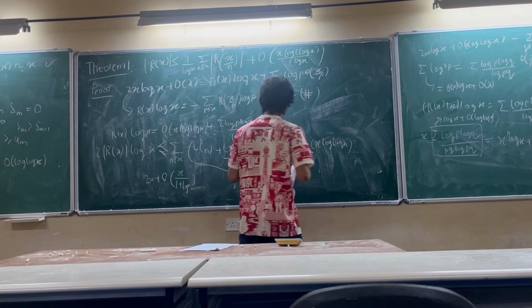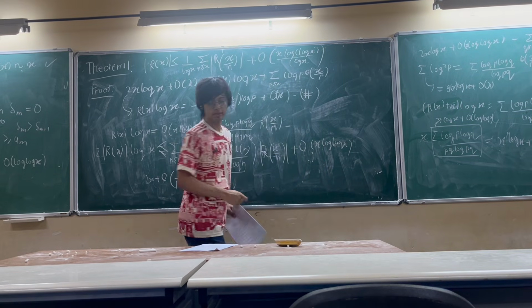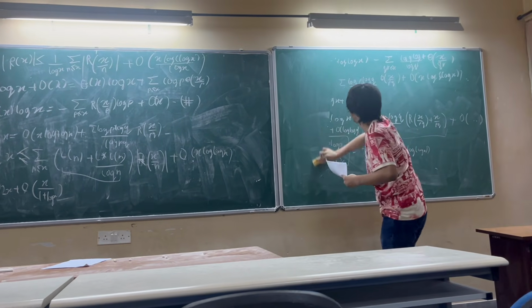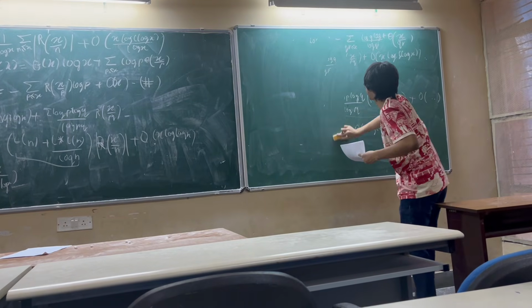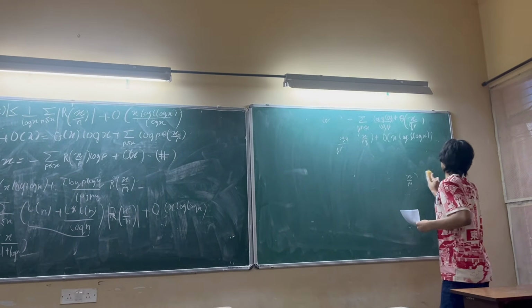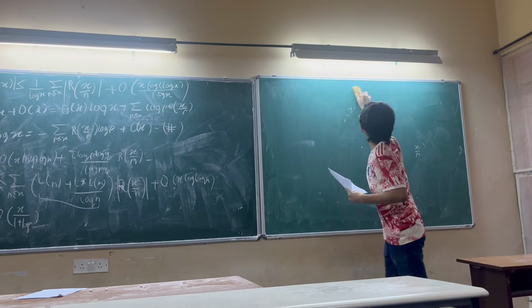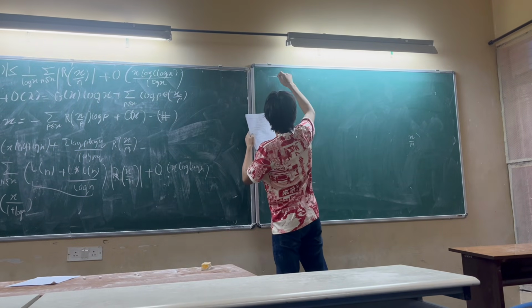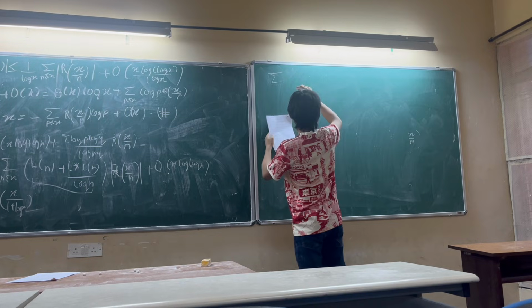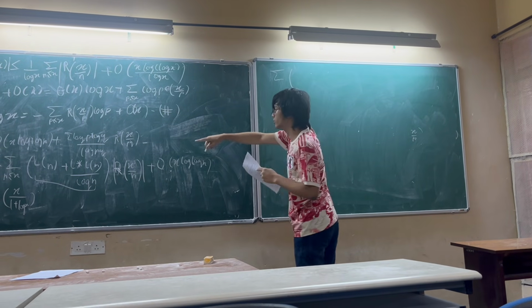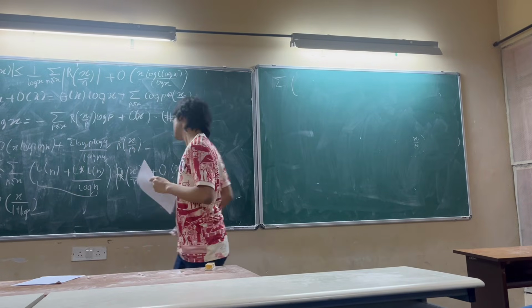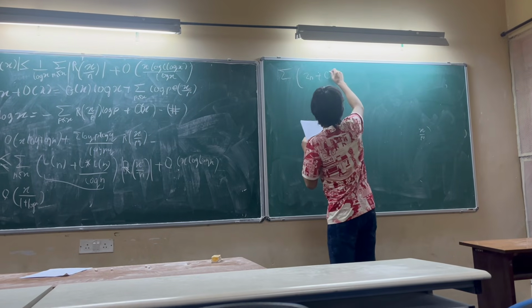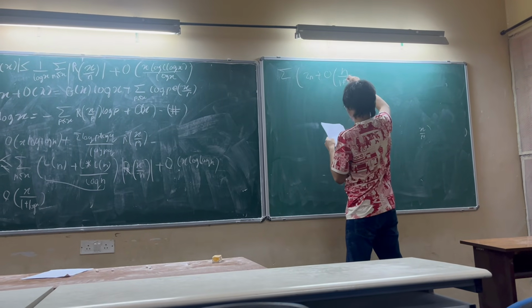So then, by partial summation, not exactly partial summation, it will be rearrangement, you can see that this thing will be equal to, well, I'll substitute this thing here, 2n plus order of n, 1 plus